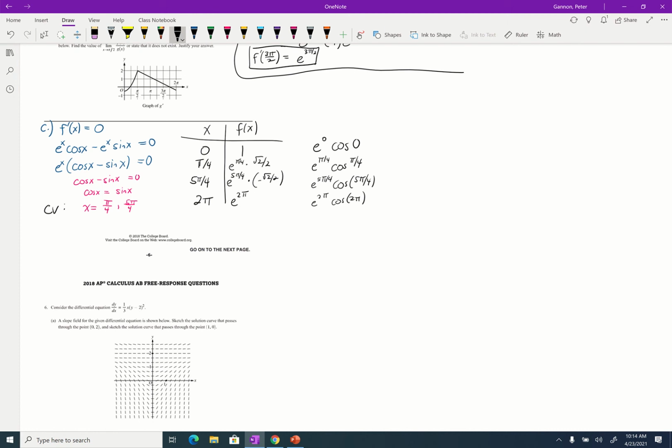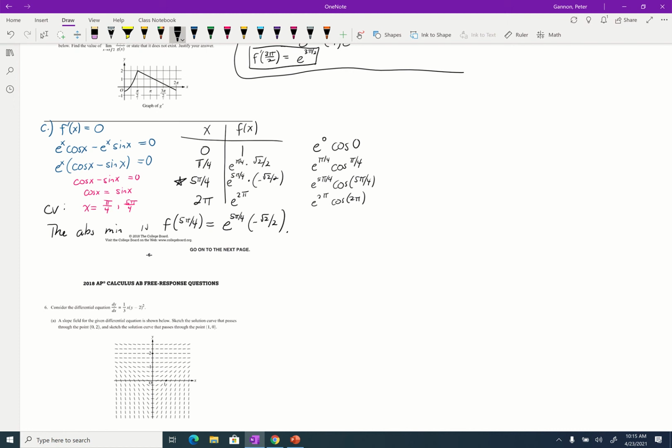So at that point, the absolute minimum is going to happen right here, okay? So you would say that the absolute minimum is f of 5 pi over 4, which is equal to e to the 5 pi over 4 times negative root 2 over 2. All right, and I probably should have spent a little bit